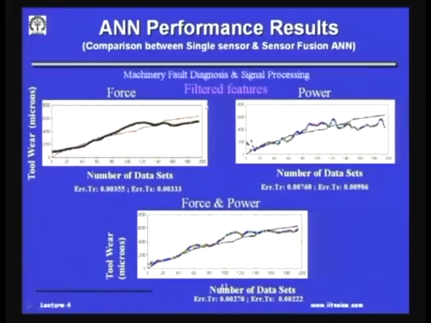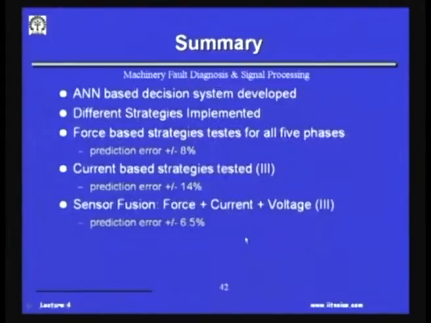Once we do the filtering, you see these variations are much smoother, and then we have a better prediction. So in these ANN based systems developed, different strategies were implemented, and force based strategies, for all the 5 phases gave us a prediction error of